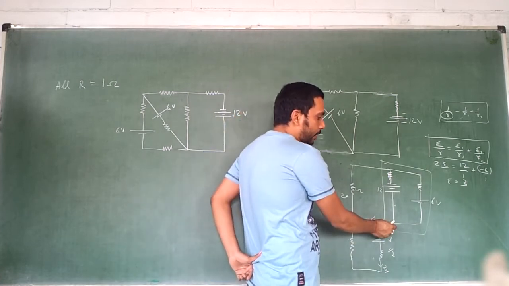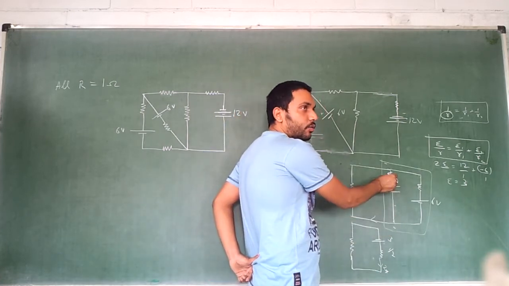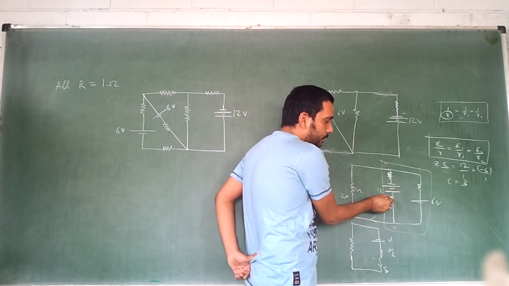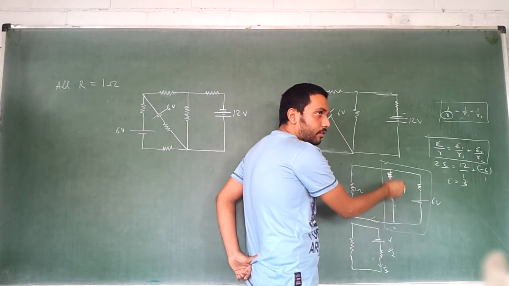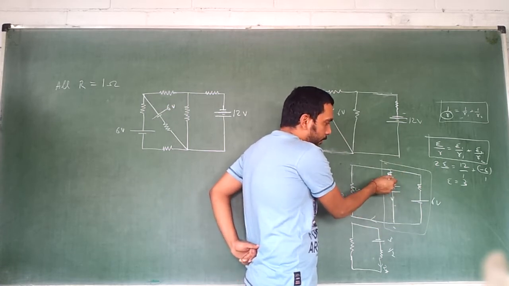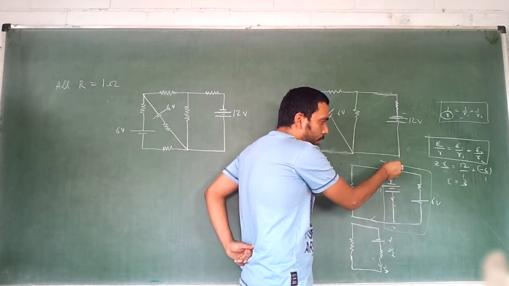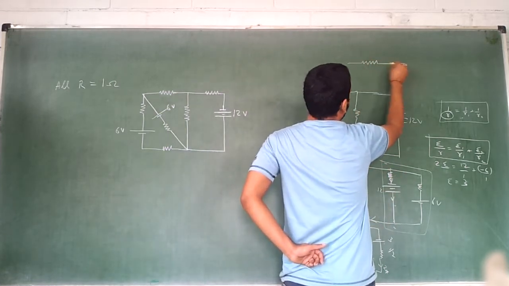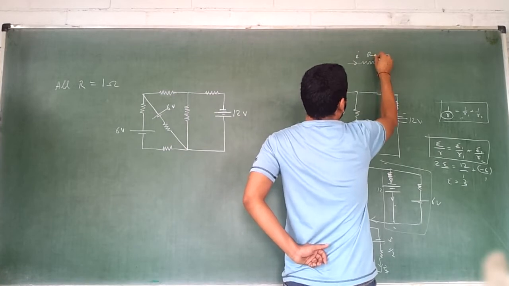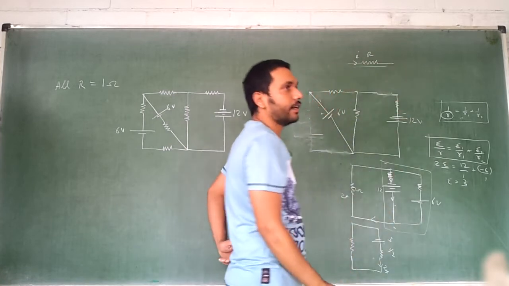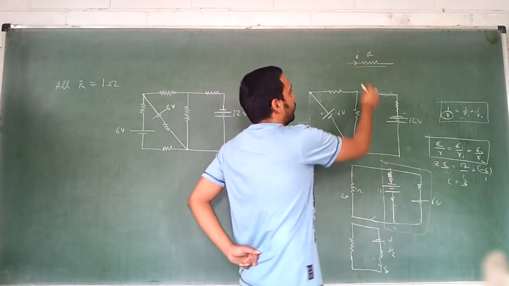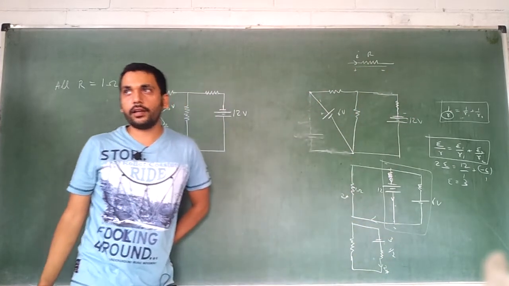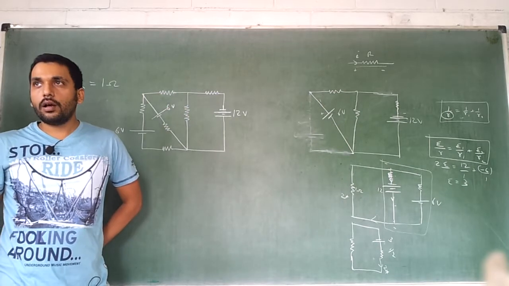It is any voltage over here, VA minus 12. Current is flowing which way? Current is flowing this way, or I will go from this side to that side. Okay, so current is flowing this way. If you go along the current in a resistor, which side is positive, which side is negative? It goes from positive to negative. There is a drop of IR. Okay, it's minus IR if you go along the current.